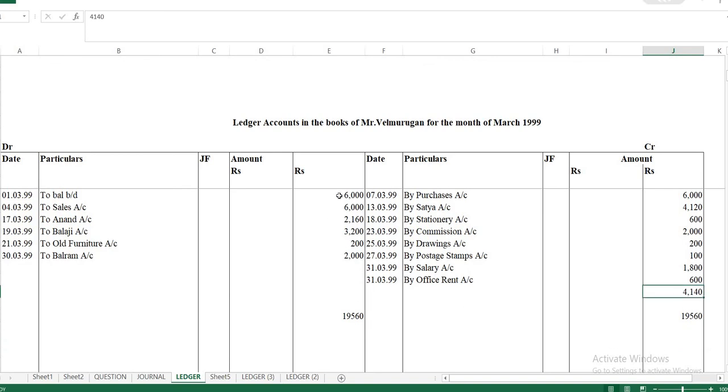Okay, so let me explain once again. See here, you have to total all these things, till 600 you have to total. Now see which side is higher, and then you have to write that amount equally on both sides. Subtract the lower amount from the higher amount, and you will get a short difference. That difference has to be given over here. Only if you give that difference here, when you total, this 19,560 will come. So that difference should be given over here.